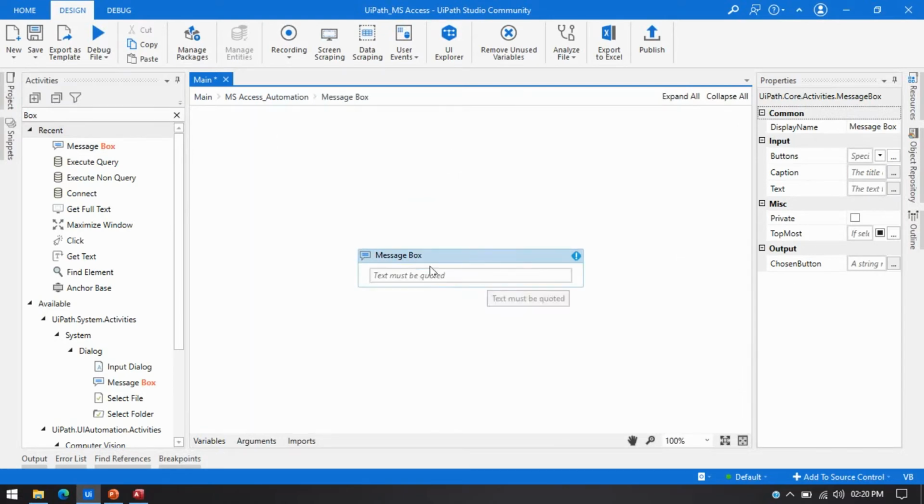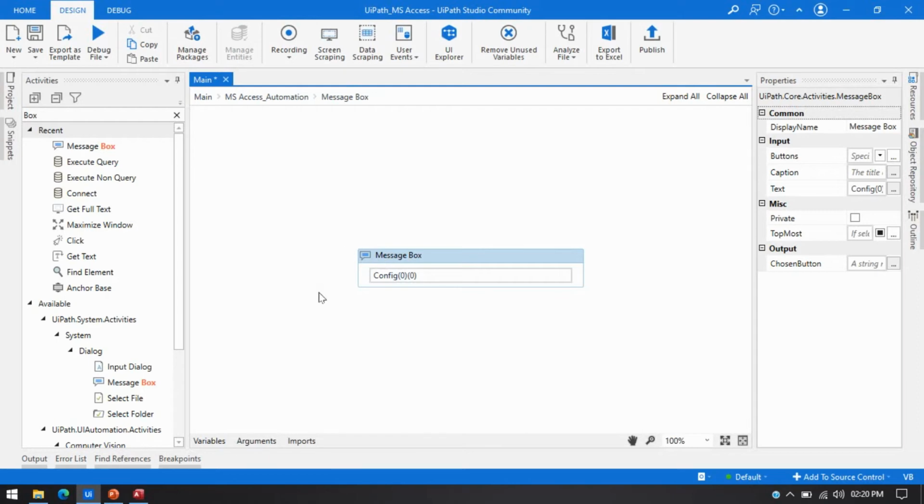To show that URL value, I have to write the data table of 0, row of 0, and column 0, like that. It will give us the value from the first column and the first row.